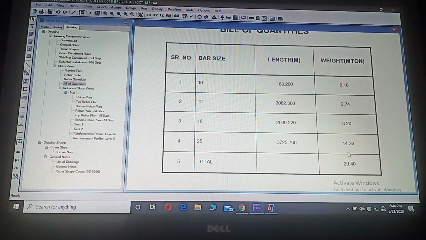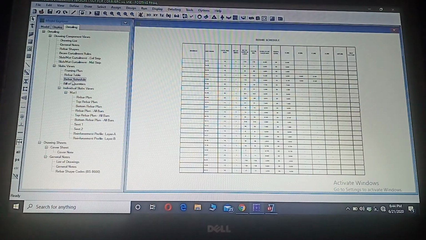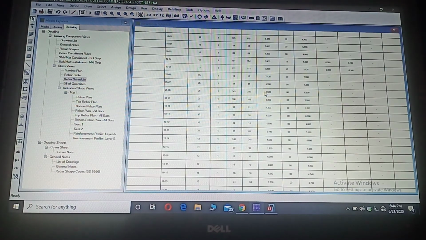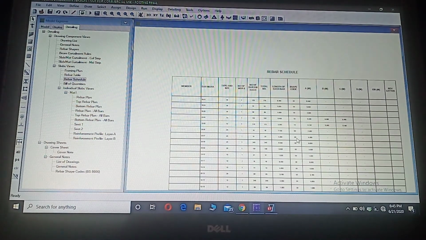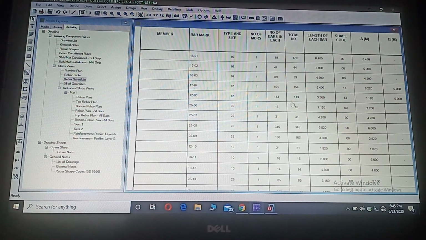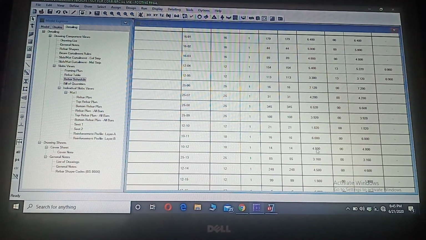This is the total quantity of reinforcement in metric tons. You can see different details like bar size and length, etc. This is the rebar schedule. As you can see, all the detailing of my foundation.